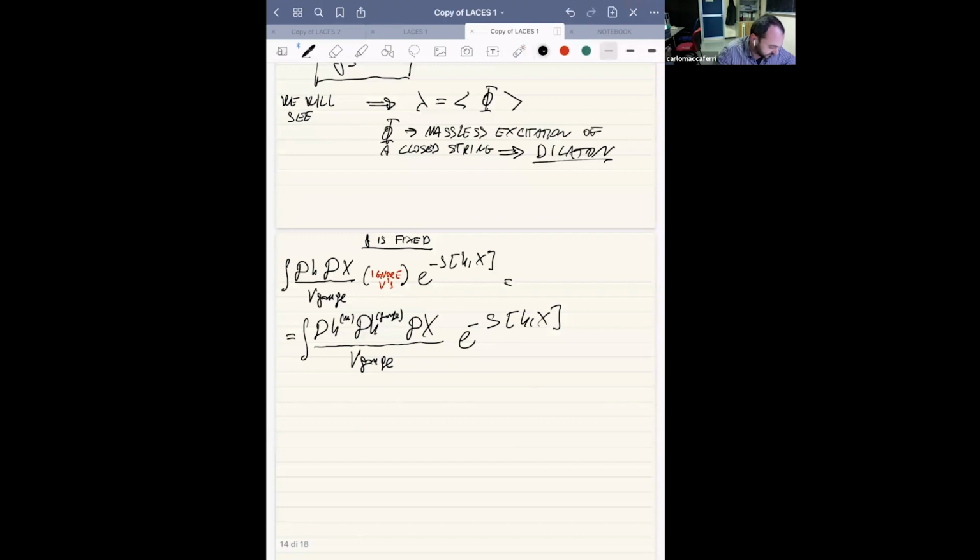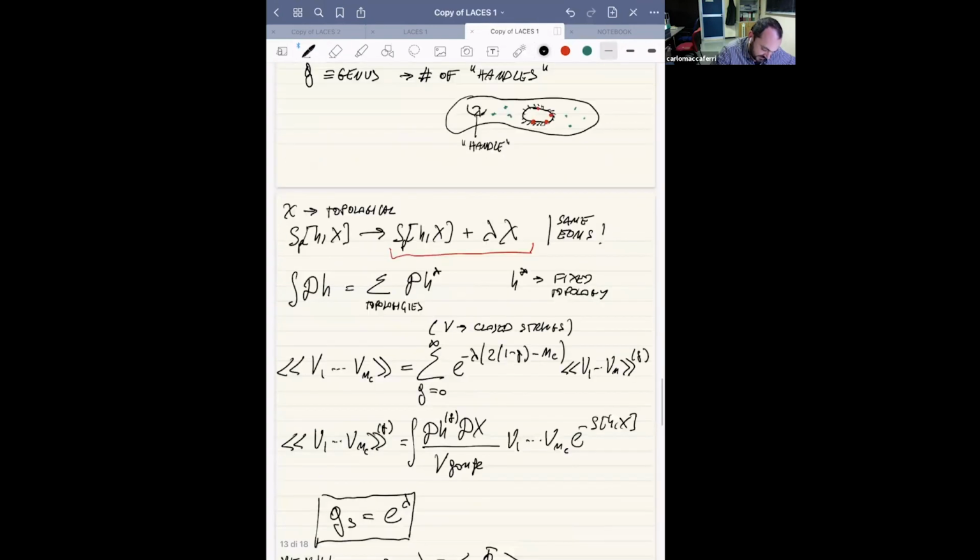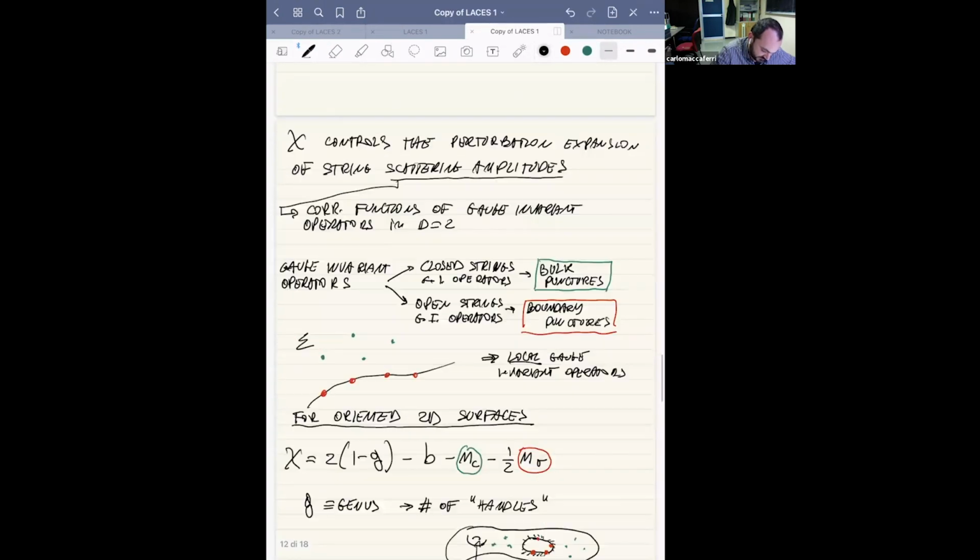And so essentially I am now saying that my h alpha beta is obtained from a fiducial value, h hat alpha beta of t, and then to this I apply